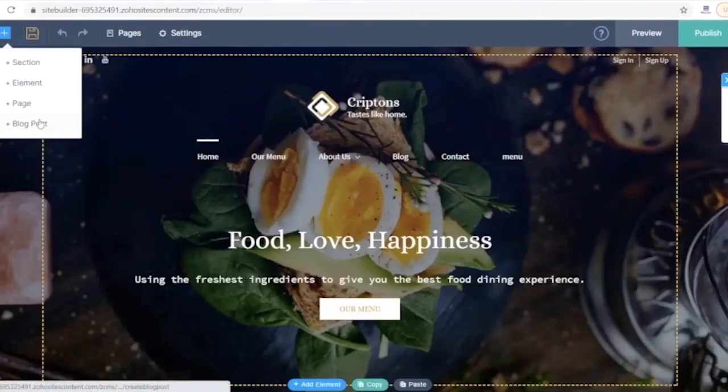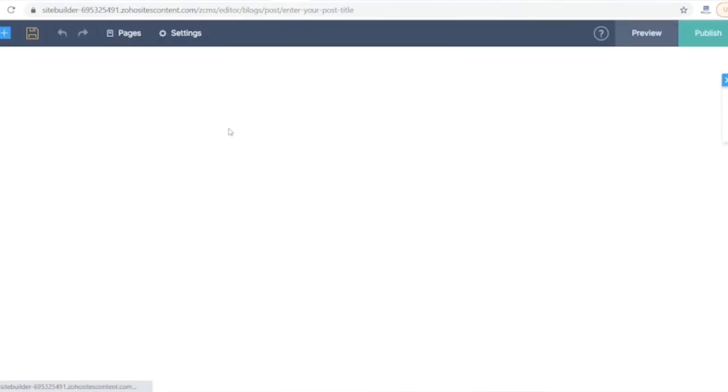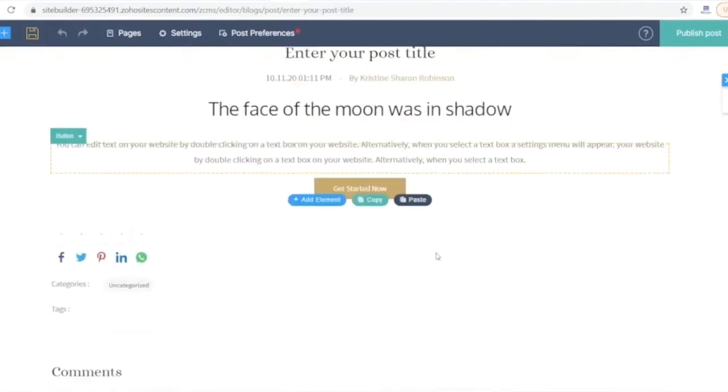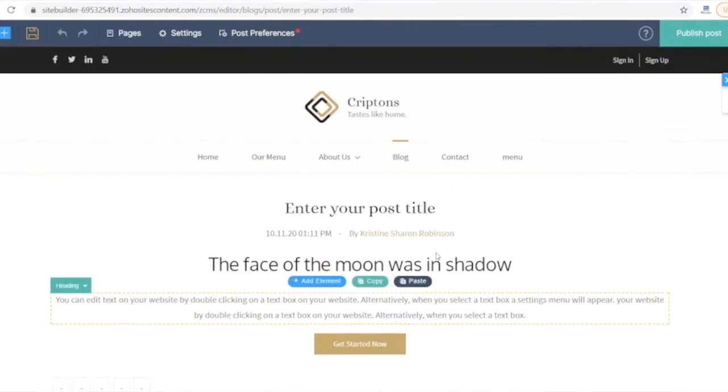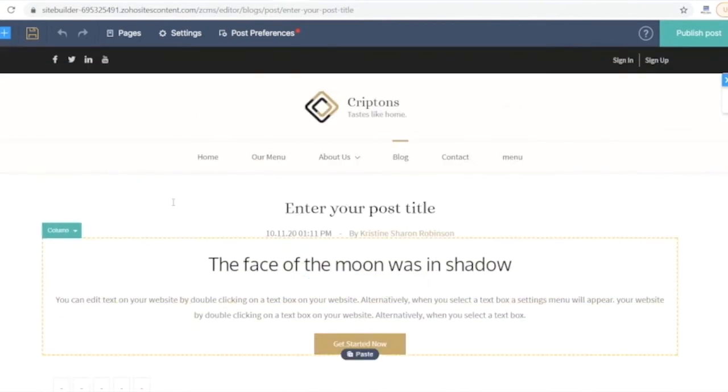Okay, now we're going to move on to the blog section of the website, and we'll try and figure out how we do that aspect. Now that you have a hang of how to go ahead and build your website, the blog section is pretty straightforward. Just like any other page, you can go ahead and make whatever changes you want.